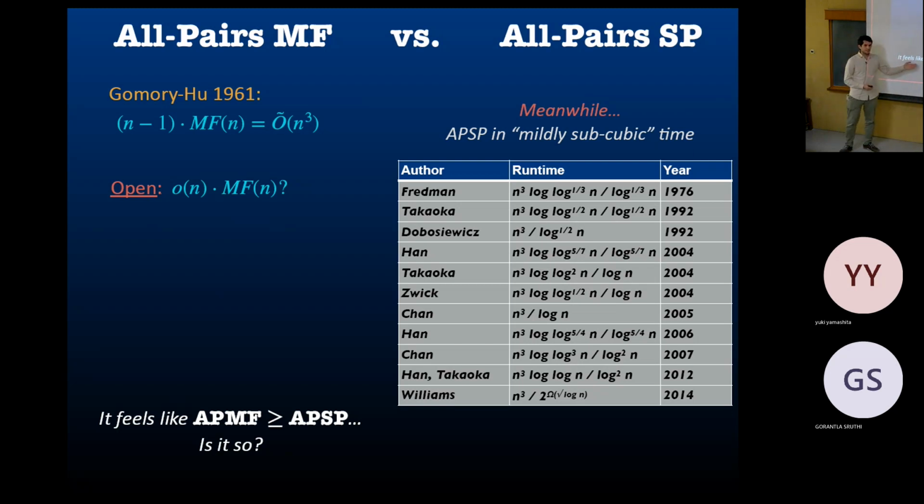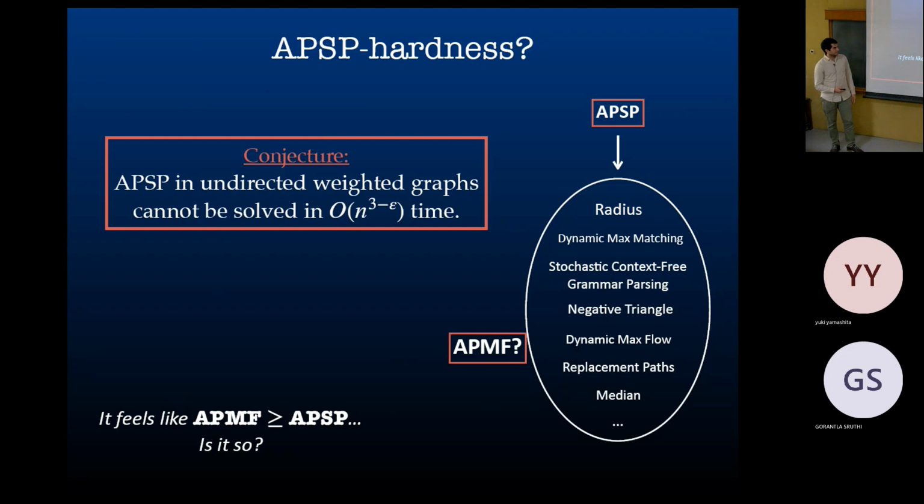So maybe it felt like if one of them would be broken, maybe it would. And in any case, the feeling we had was that this problem should be at least as hard as that problem. I mean, max flow is at least as hard as shortest path. There should be a reduction. And this was kind of our feeling going in. This was from the beginning of my PhD, something I was working on: just take this problem, put it in this class, and be done.